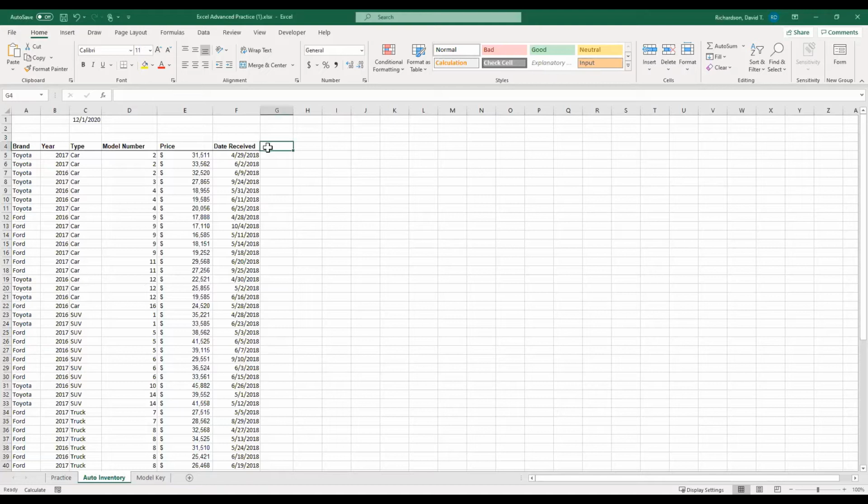So we're going to go ahead and make our days on lot or time on lot column. So I'll just go over to G4, type in time on lot, press enter. And then we're going to click into the cell for G5, and we're going to start our function with an equal sign. And we're going to click on today's date, subtract from that the date it was on the lot,